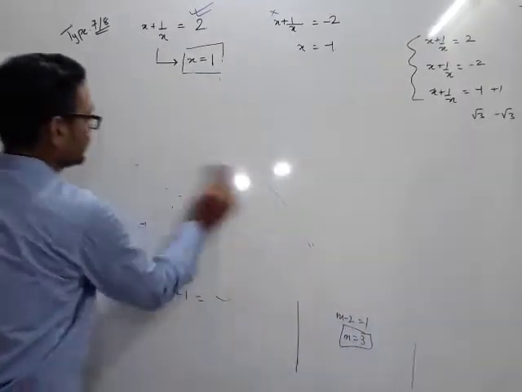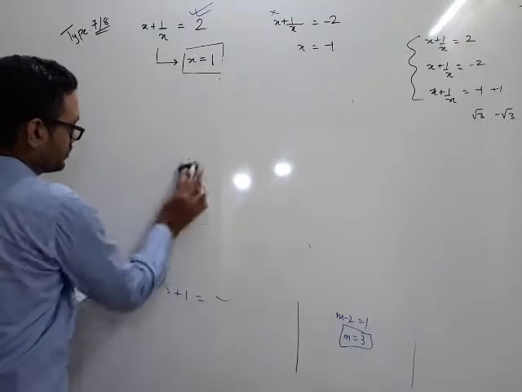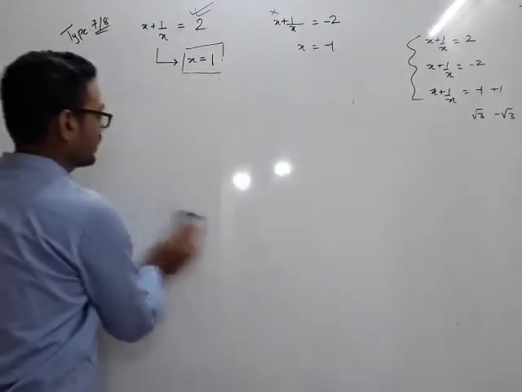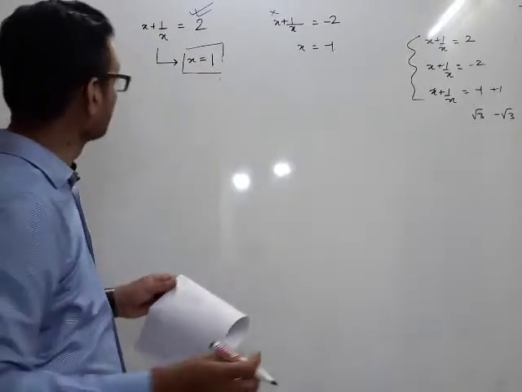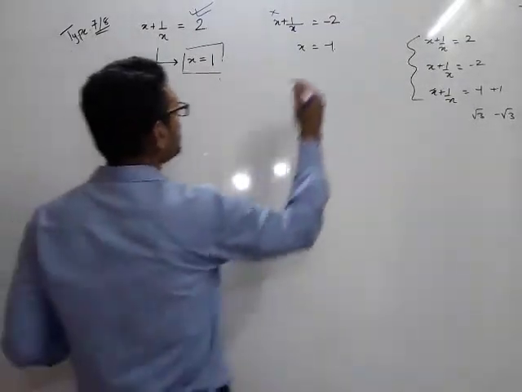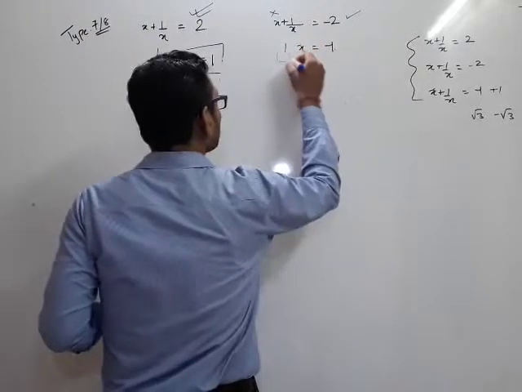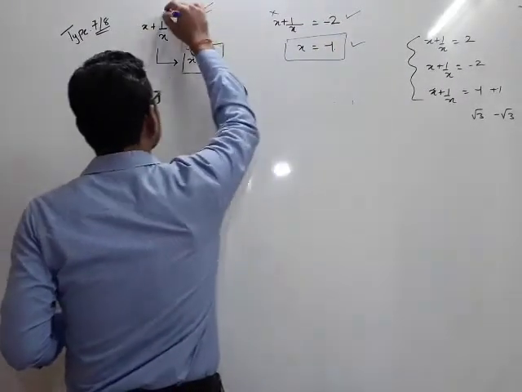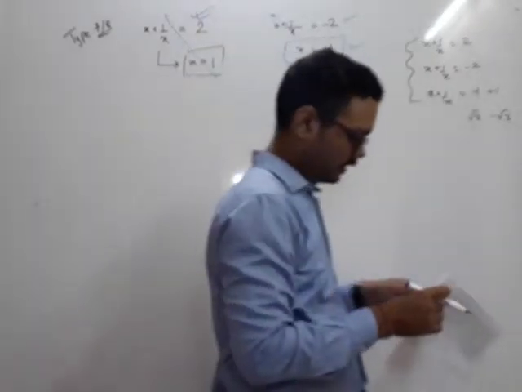Same thing, where till now it was plus 1, now the value is going to be minus 1, and the rest everything remains the same. x plus 1 by x is now minus 2. So we have to draw the conclusion that x is equal to minus 1. So now this is over. Let's see what are the types of